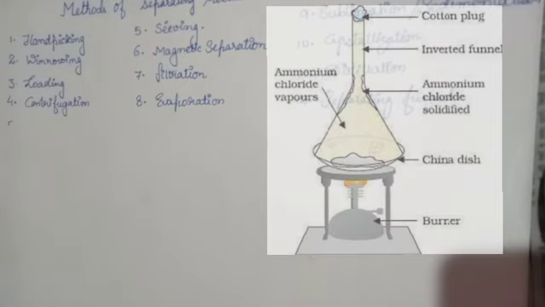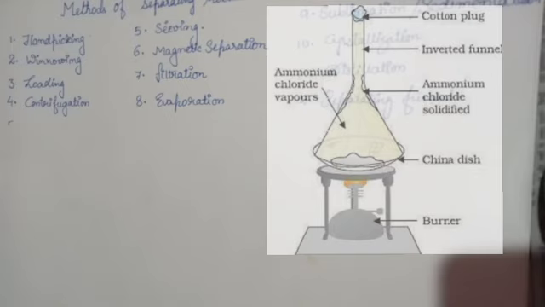This is called a sublimable substance. For example, camphor and naphthalene. In your home, you must have seen that your parents put naphthalene balls in the cupboard or between the clothes. These naphthalene balls are a perfect example of sublimable substances because they do not convert into liquid, they directly convert from solid to a gaseous state.